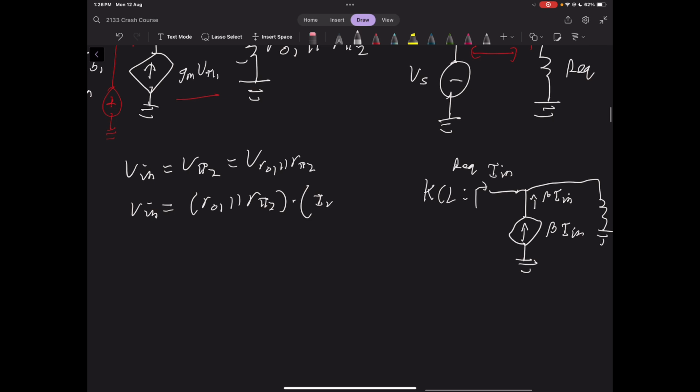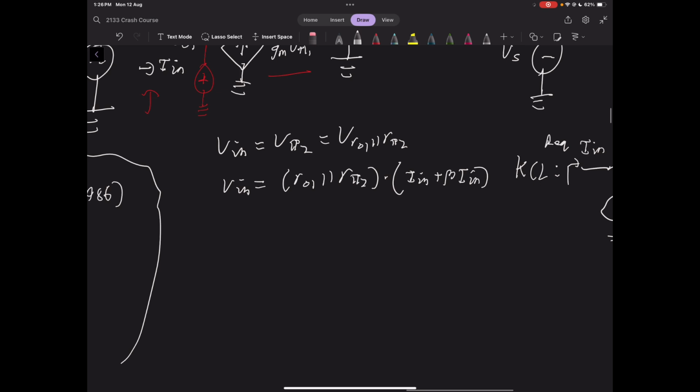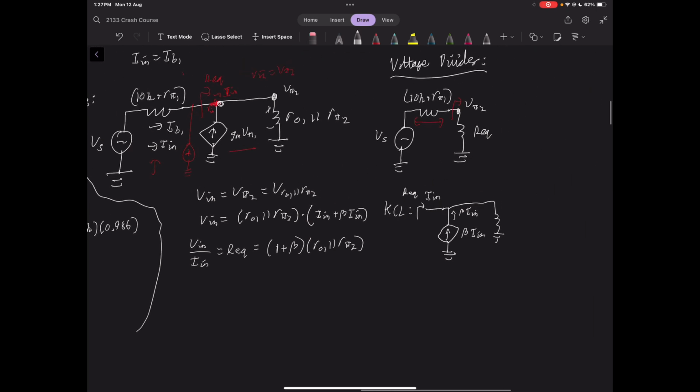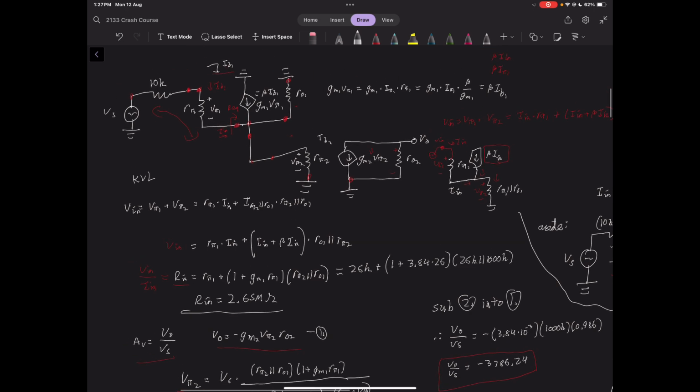So that's going to be I in plus beta I in, or IB or I pi, whatever you want to label that current, which means that V in over I in, which is the same as the equivalent resistance, is going to equal 1 plus beta times R01 parallel R pi 2,